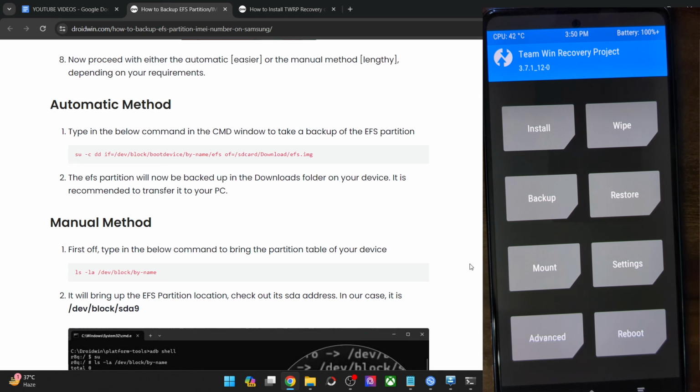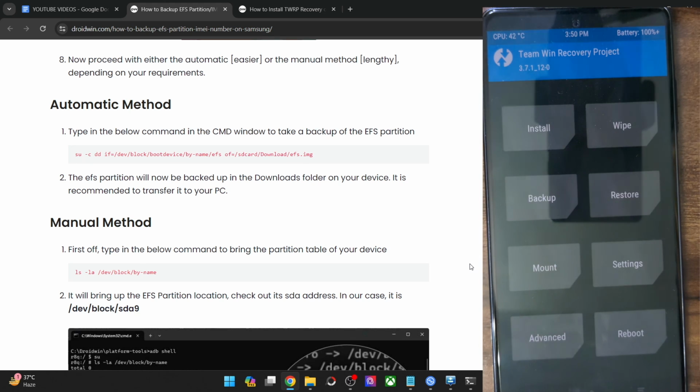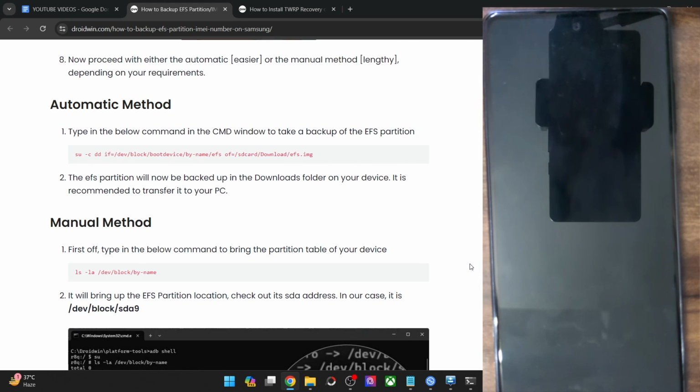Always keep in mind that you cannot and you should not use the EFS file from any other user. It will end up corrupting the EFS partition and then you will lose the IMEI number forever. So please never use the EFS file from any other user, even if your phone is the same as that user's, and even if you have the same build number and the same custom build prop as well, even then please don't use the build prop or the fingerprint EFS file from that user.